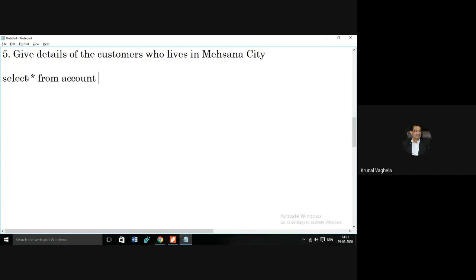This is, I think, clear. Now, which records do I want? Where my city is Mehsana. So you need to write select star from account where city is equal to single quote Mehsana.